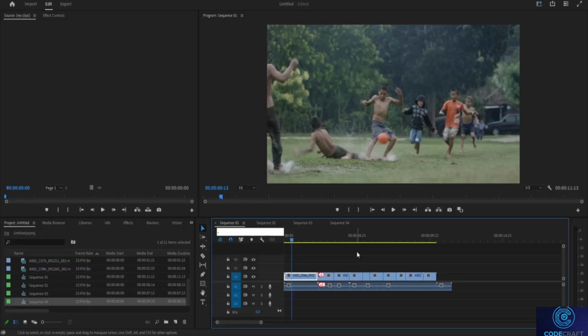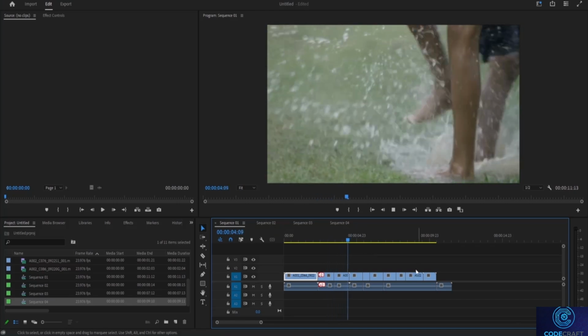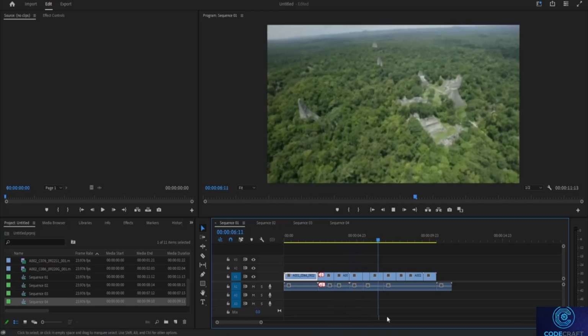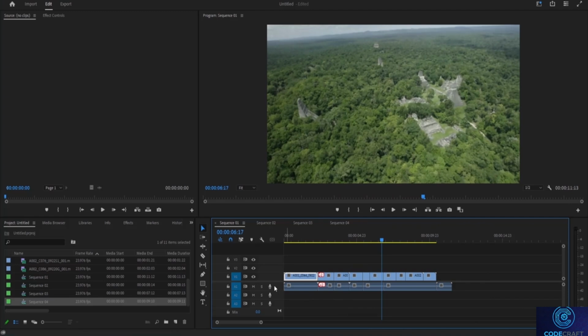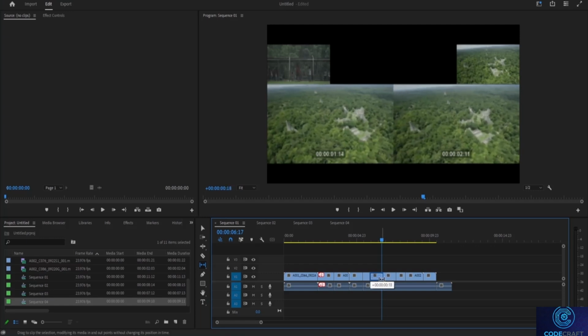So in Adobe Premiere Pro, if I play my track over here, you can see this is the whole track right over here. Alright, so now I want to go ahead and slip into the source of this file. So I'm going to select the slip tool. Now, if I go over this video right over here, you can see that it just goes in and out